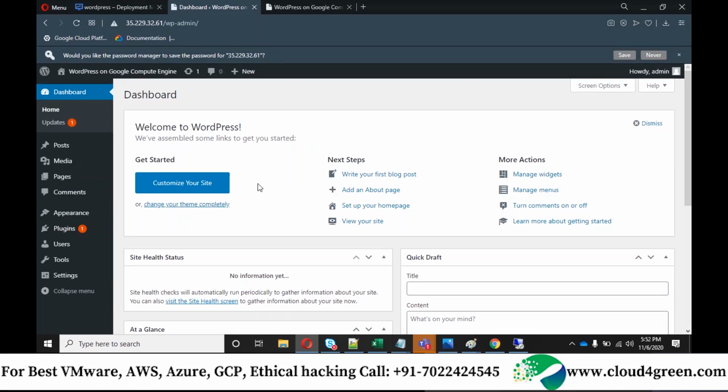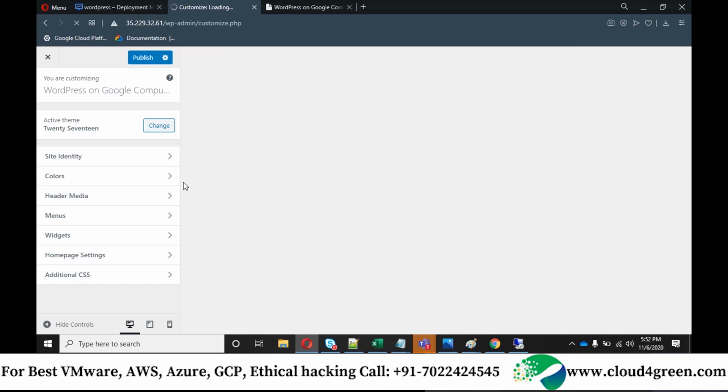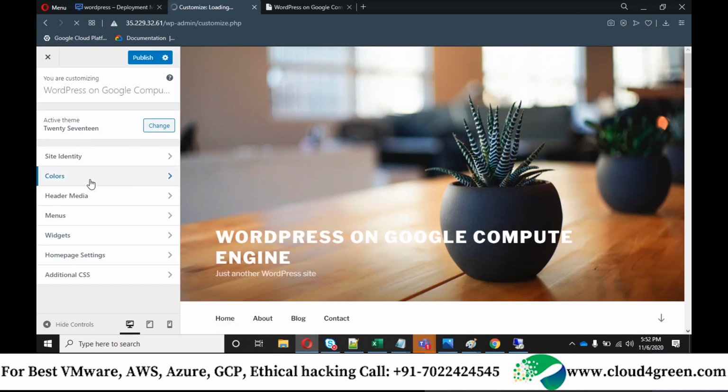Can you all see? Guys, this is a dashboard. For this, you don't need to be a programmer. So here you have an option called customize your site. You can click on this, and you can choose colors, header media, menus, widgets, themes.